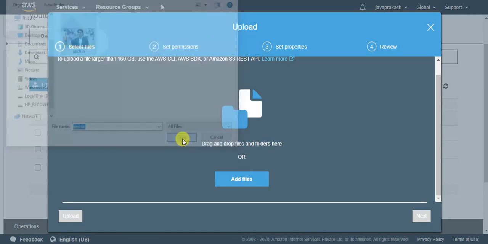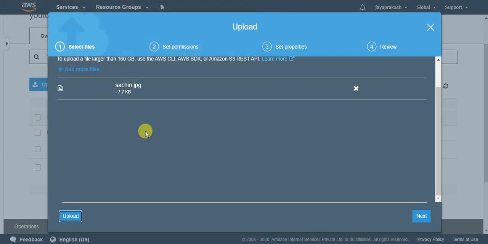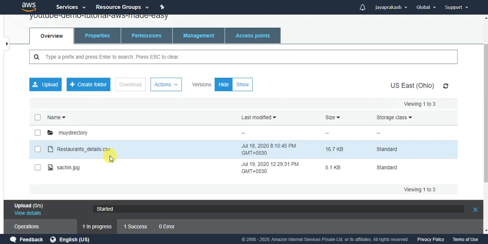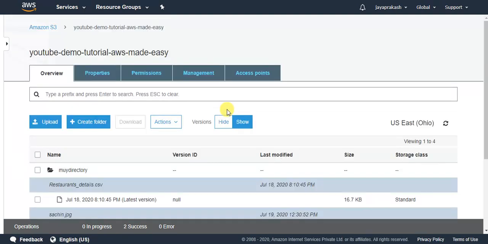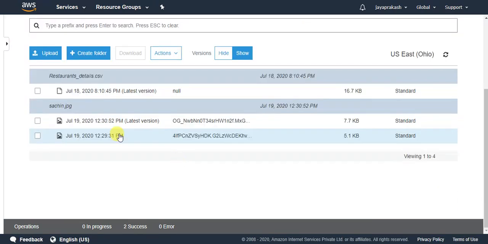Let's see how S3 maintains different versions of the same file. Okay, it has started to upload. Okay, now my new image is uploaded. If I click on show here, it will show the different versions of this Sachin.jpg. This is the older version that I had uploaded, and this is the latest version.